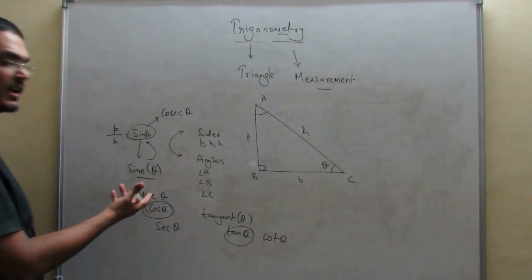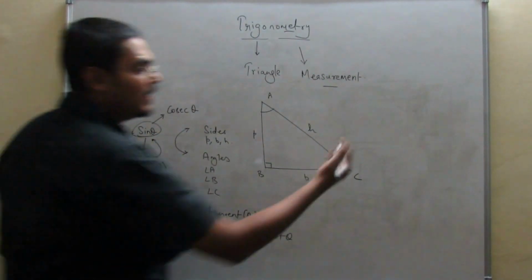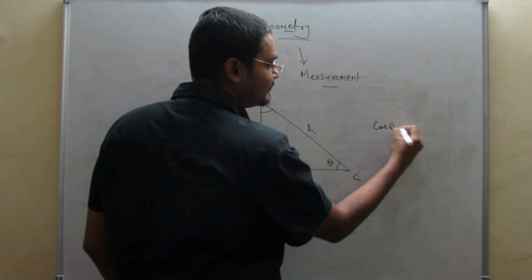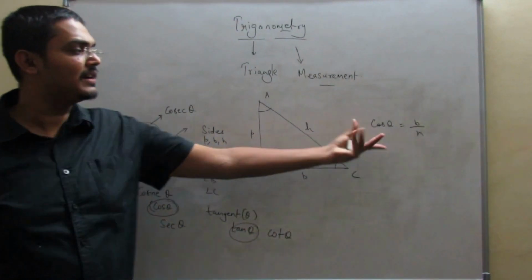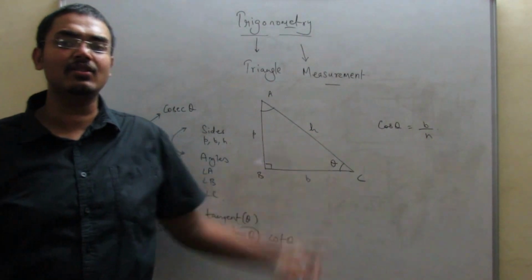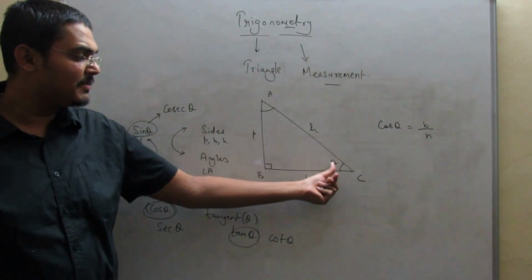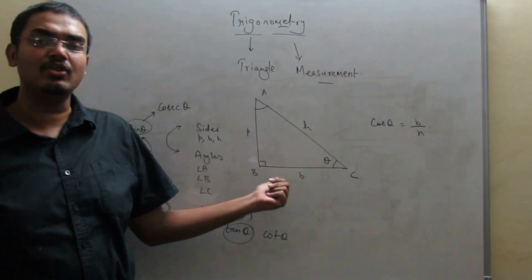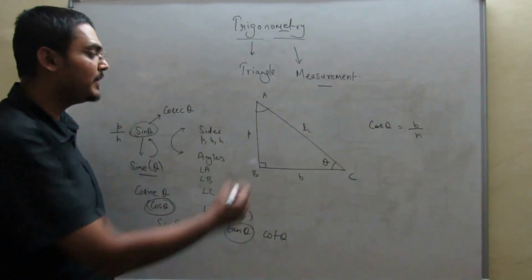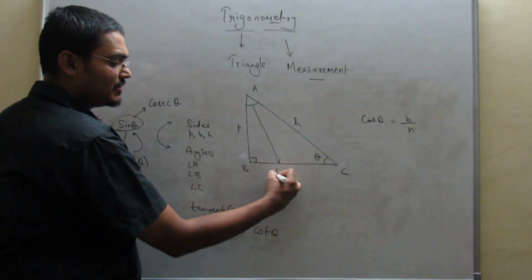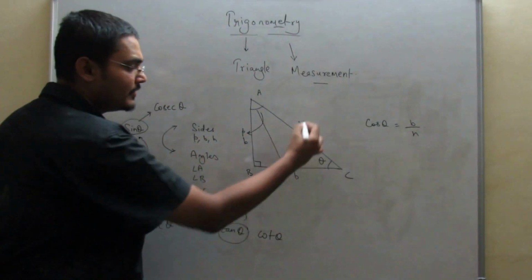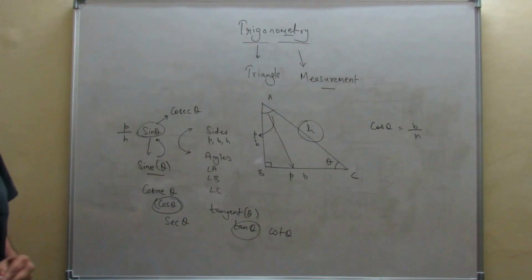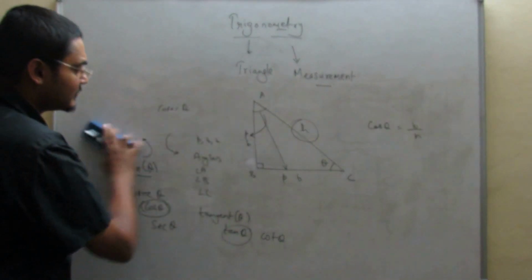So these are all ratios of sides. When I talk about cos theta, I talk about the ratio of base to hypotenuse. Whenever I talk about ratio of base and hypotenuse, I get cos theta. Just remember, whatever perpendicular and base we are talking about, we have to talk with respect to the angle. If I am taking this angle, for this the perpendicular is this one and the base is this. Hypotenuse remains the same. So let's see all six types of ratios one by one.